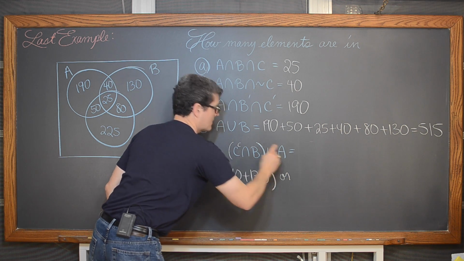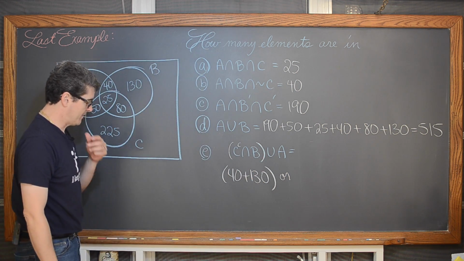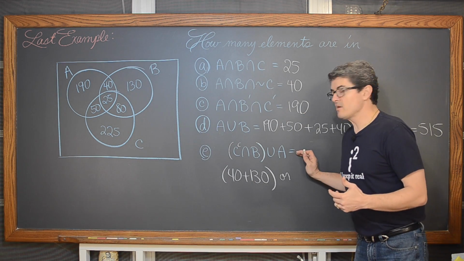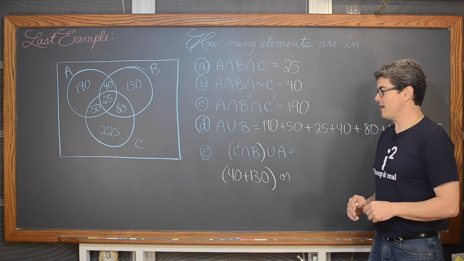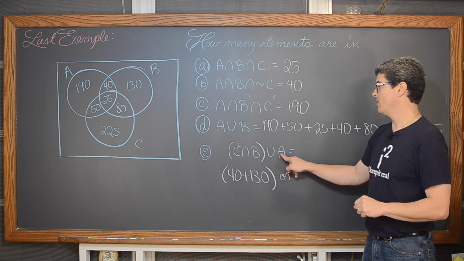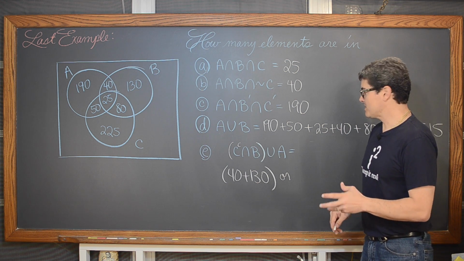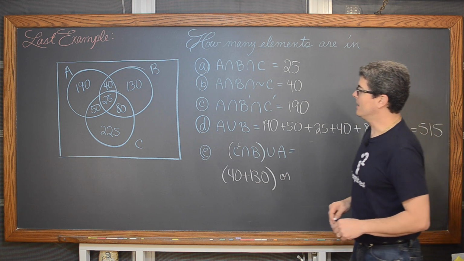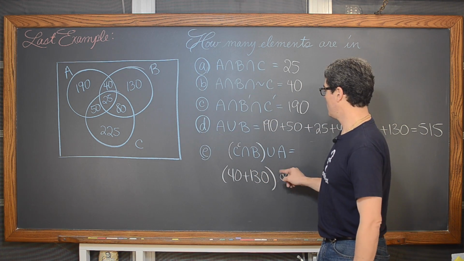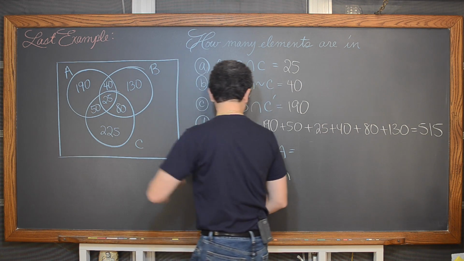Or A. Now we're talking about intersection and union. For an element to be considered part of this set, it needs to be in the first set, or the second set, or in both. So now, let's see what we have there. Not C and B, took care of that, or A. Well, all of this is A. And so we're looking at 190.